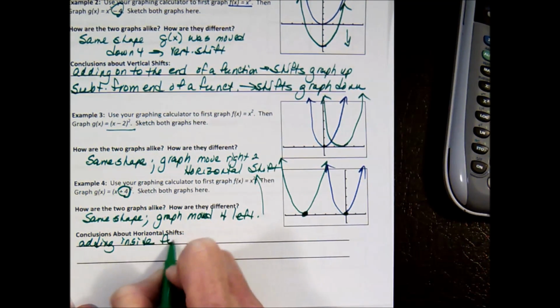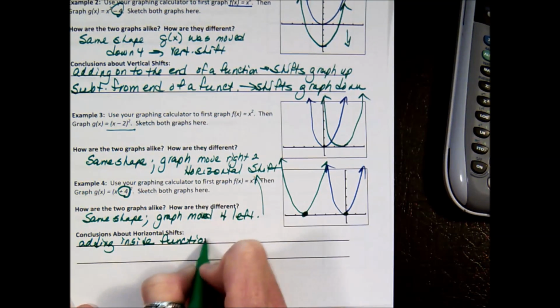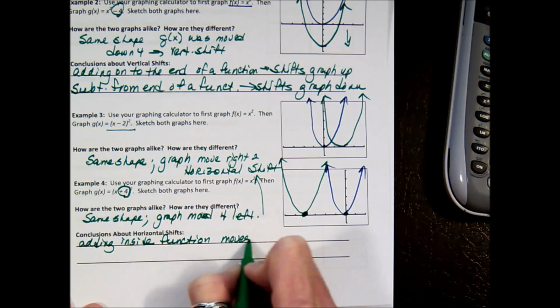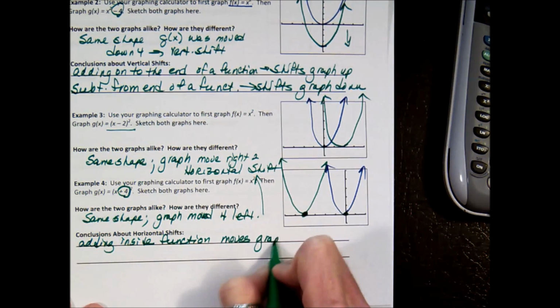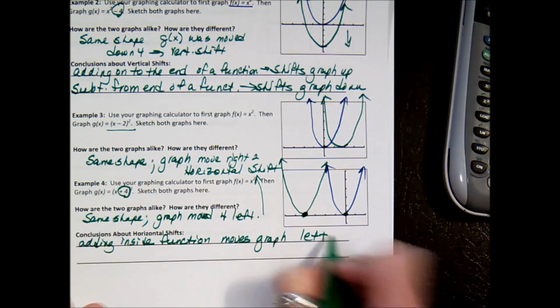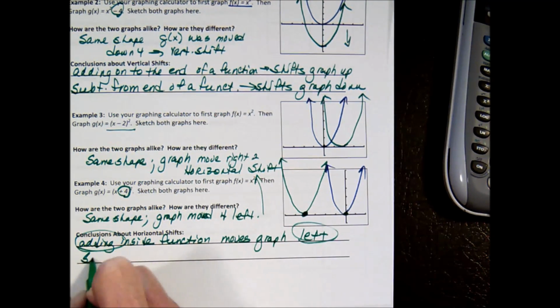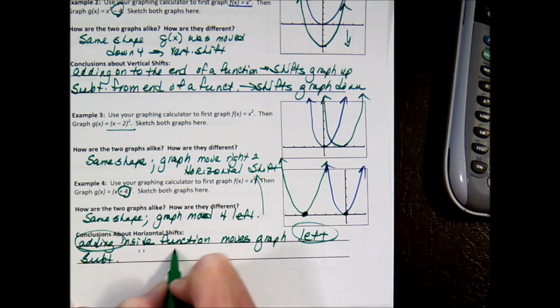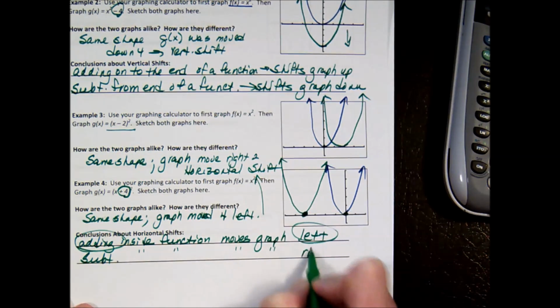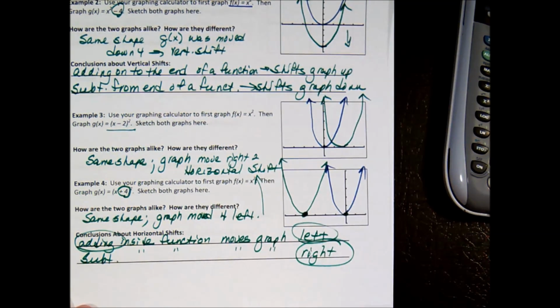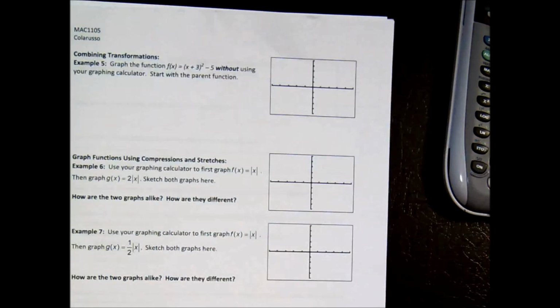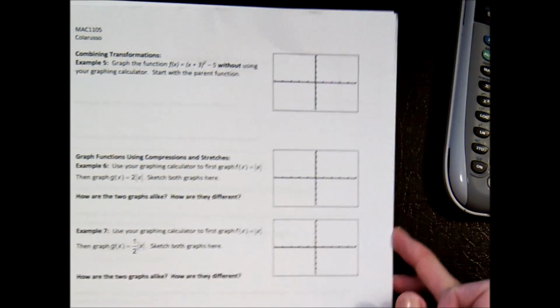Inside the function moves the graph left. So it's a little bit counterintuitive. Adding moves it left. Subtracting inside the function moves the graph right. Counterintuitive. All right, let's continue in this manner, going to our next page, and we're now going to use a